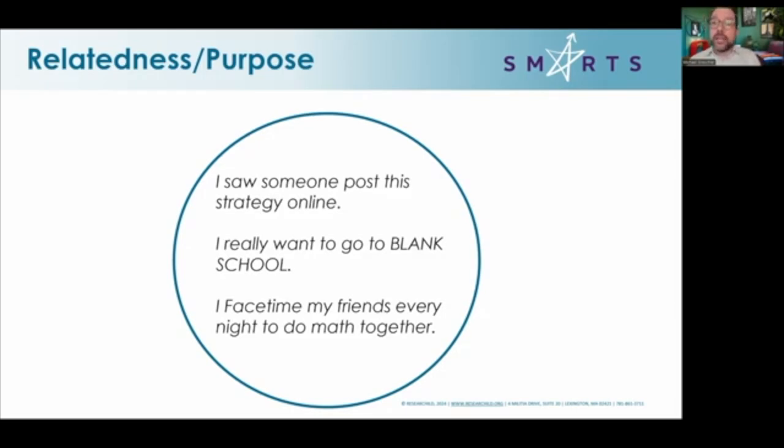So there are a lot of online communities that could help students find strategies that work for them in a way that aligns with those identities we talked about. College, I hear a lot of that. I really want to go to blank school. I've got 11-year-olds saying, I hope I'm a starting center at the University of Texas. And we don't even know how tall they're going to be. Not that that's the only thing that matters in basketball, but it's probably pretty important. But if that motivates them, great.